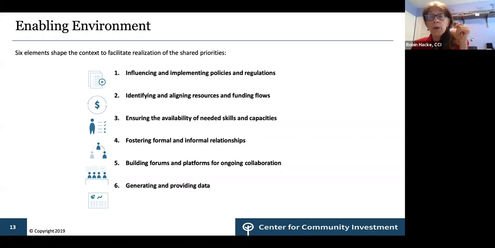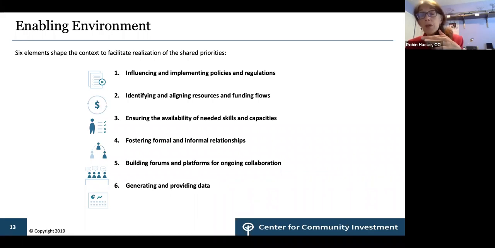And so thinking about funding flows, for example, how are discretionary dollars being allocated? Are they going to the shared priority that's been identified, or are they walking around money for city council people? So funding flows are really important. Skills and capacities. So who is doing the work that gets the pipeline through the different stages that we identified? Who's doing the work of organizing community voice so that we actually know what the priorities are for residents and small businesses? Making sure that the relationships exist so that the people who could be investing in each other's deals know that those deals are happening